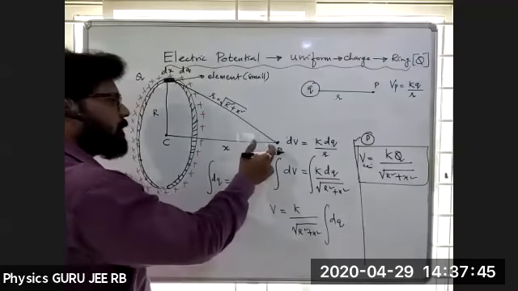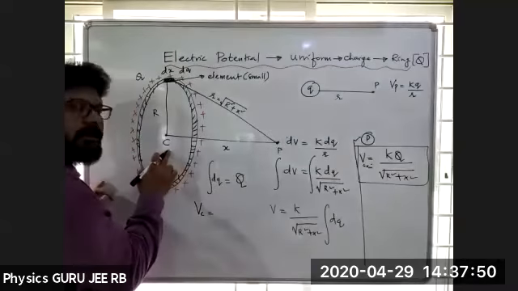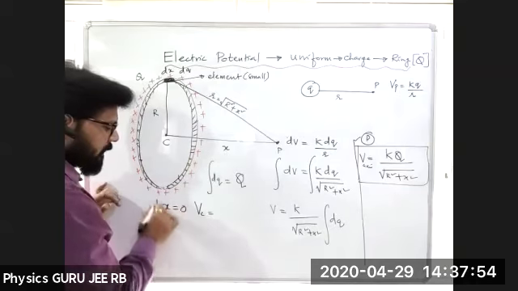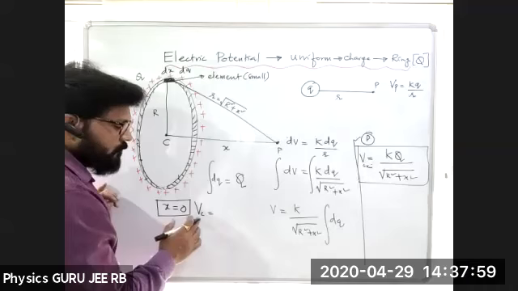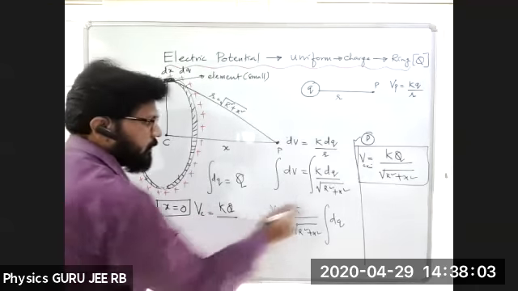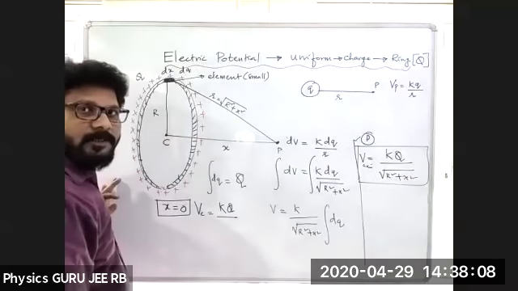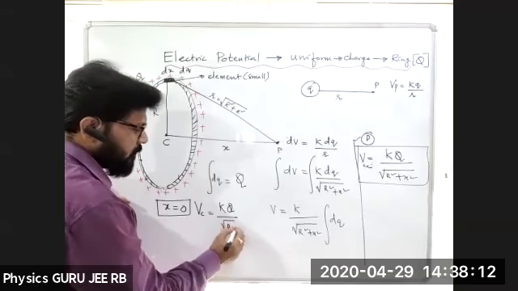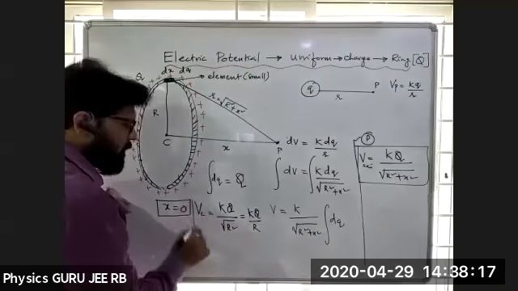Now what can we do? Look, calculate V at center. Now to calculate V at center, x will become what? 0. x is 0. x will become 0. V at C, at center, kq divided by under root of r square plus x square. x square is gone, and what is left? Under root of r square, or simply kq divided by r. That means it is simply